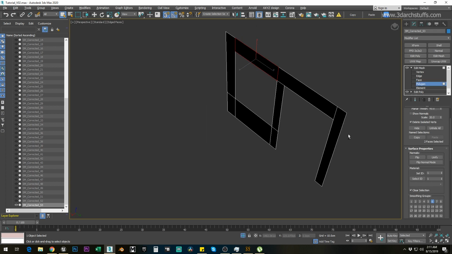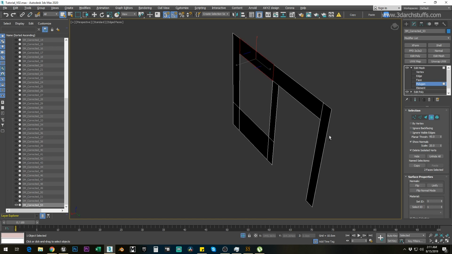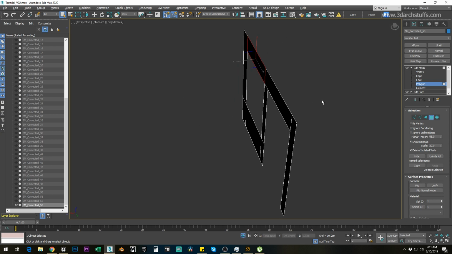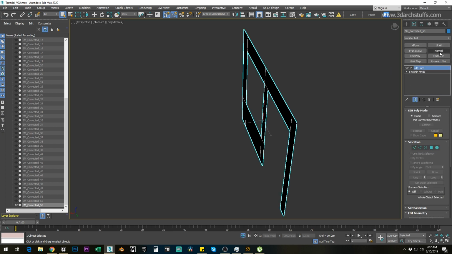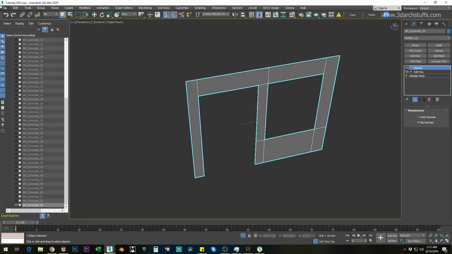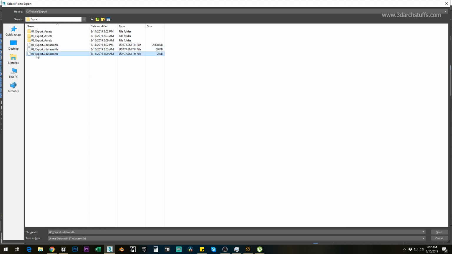Okay, you see normals are pointing in the wrong direction. So what I will do is I will just go ahead and apply a normal, and then again export selected, then click here 4,